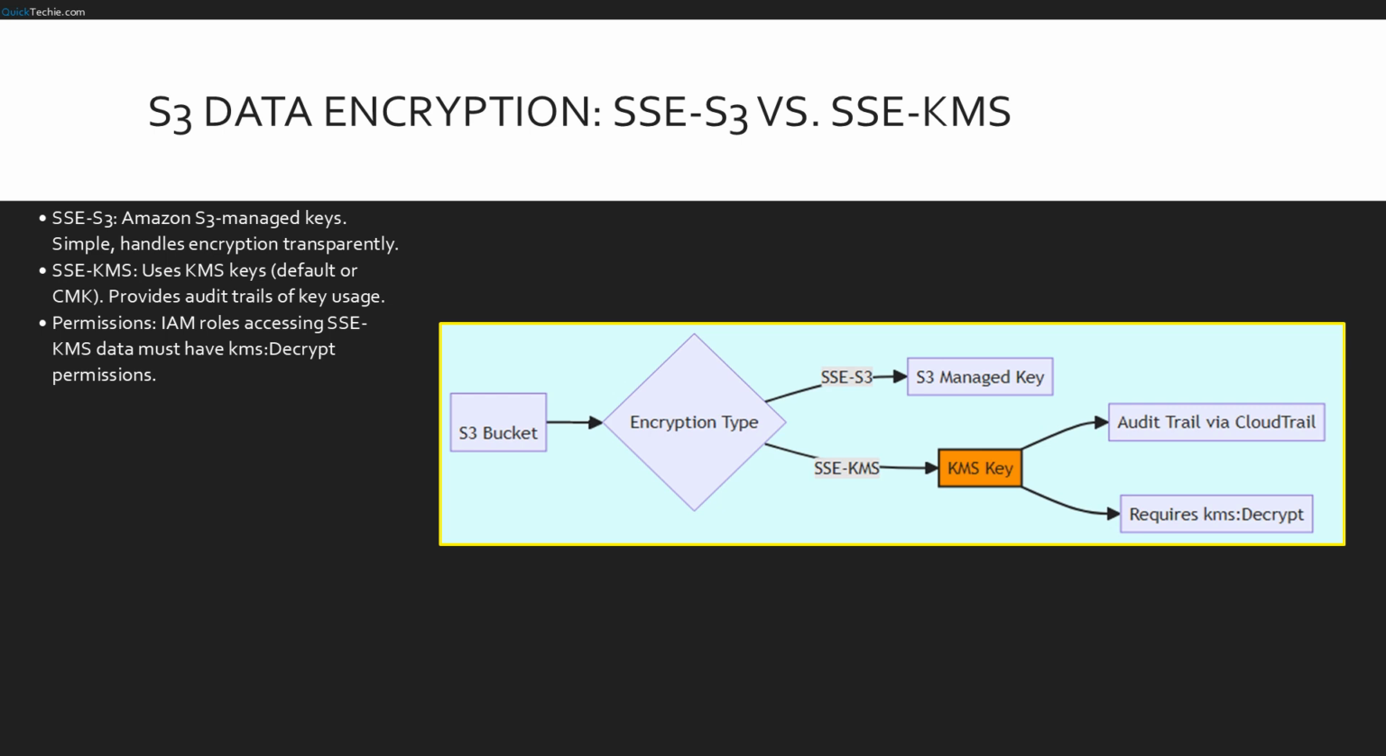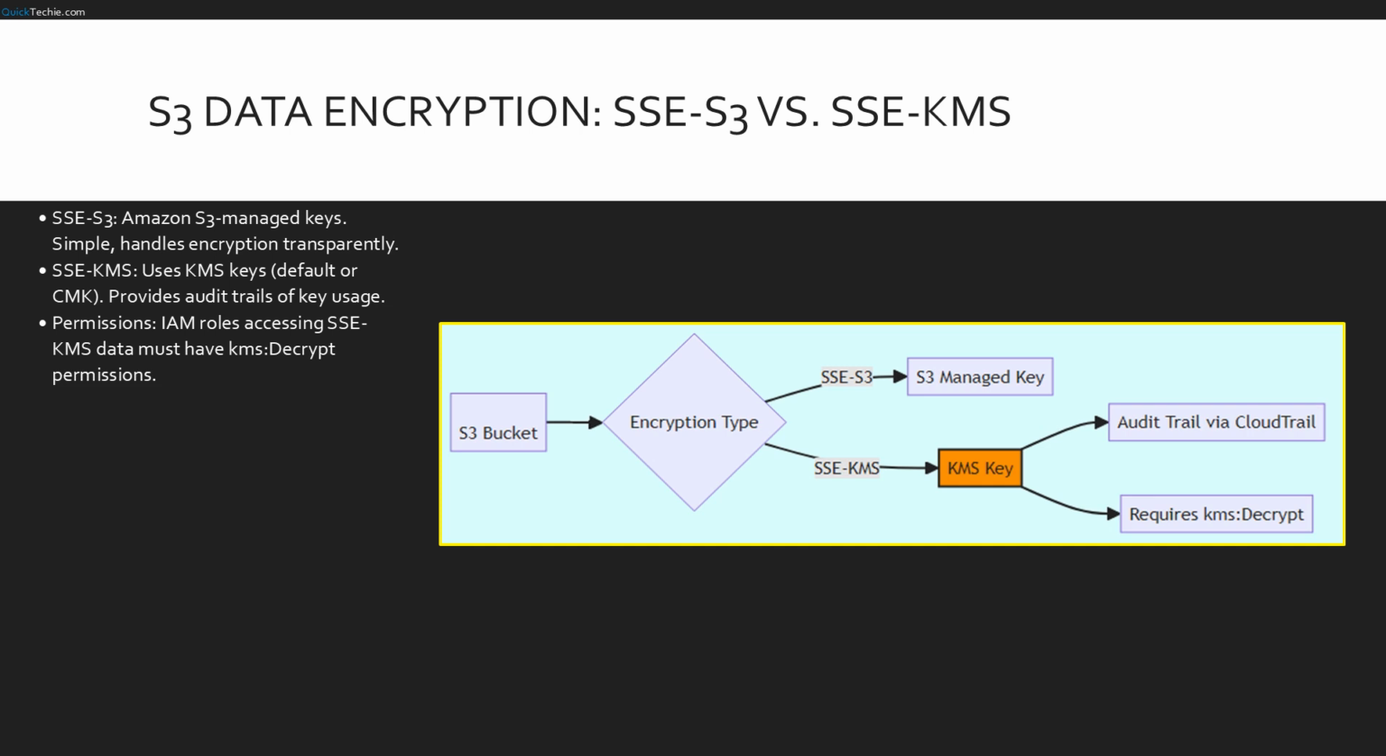This diagram details the S3 encryption paths. Data entering the S3 bucket splits based on encryption type. The SSE-S3 path uses S3 managed keys and ends there. The SSE-KMS path is more robust. It utilizes a KMS key, which triggers two downstream effects. It generates an audit trail via CloudTrail for compliance, and it enforces a strict requirement for kms:Decrypt permissions on